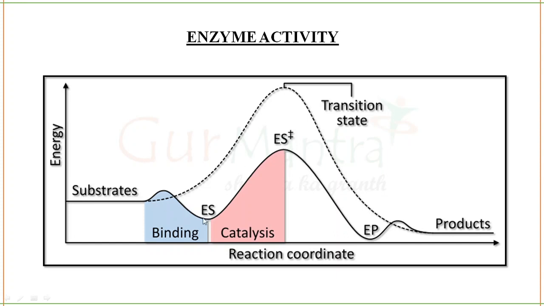Substrate will require less energy to actually climb up this mountain and form the enzyme-substrate complex, and then it will form product. So this is the reaction without enzyme and this is the reaction with enzyme. And you see, with enzyme the reaction is very simple. It requires less energy. Enzyme does not change anything. It does not change the equilibrium. Everything is the same. What it does is make the process a little bit simpler, because it is a catalyst and enzymes are biocatalysts.